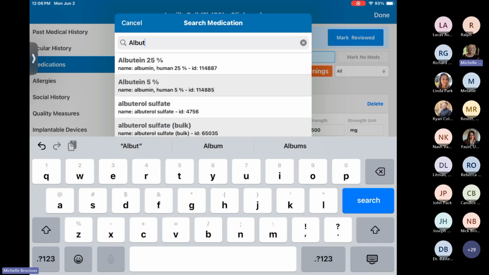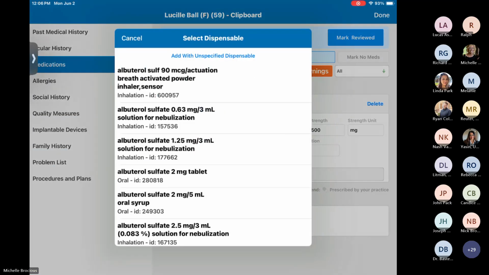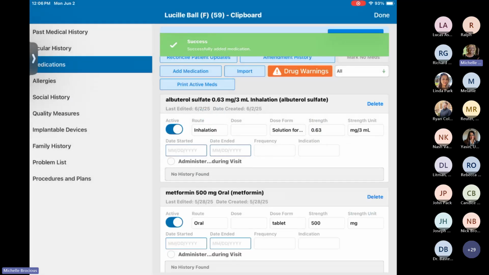Okay, so I could just select it and it's going to bring up the different dosages. You'll notice up at the top on the blue hyperlink, it says add with unspecified dispensable. So if they do not know the dose, you can add it without the dose in. I'm just going to go ahead and select the second one, and it's going to drop right into my patient's